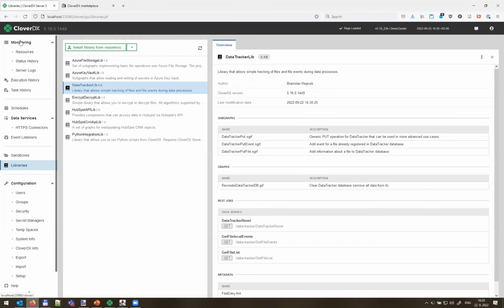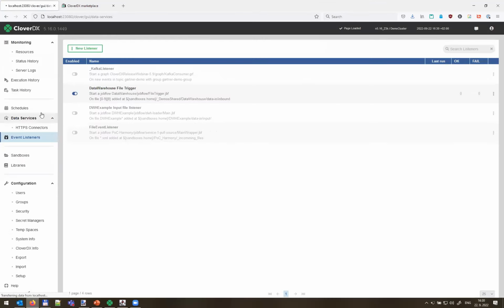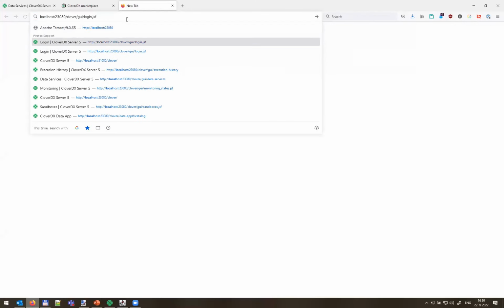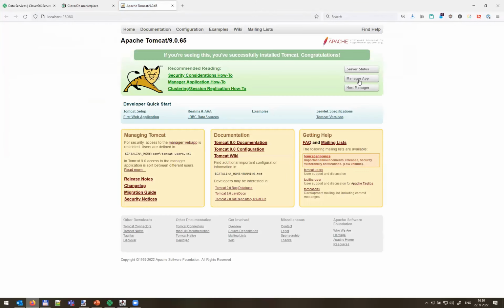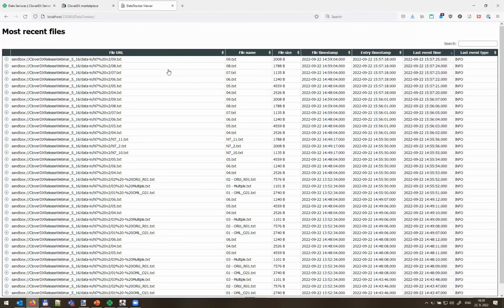Oh, actually, sorry, I've closed my tab by mistake. So let's go from data services. I'll be able to see the API that I have there. Oh, actually, I need to go edit this way. And from here. Right, so this is the data tracker